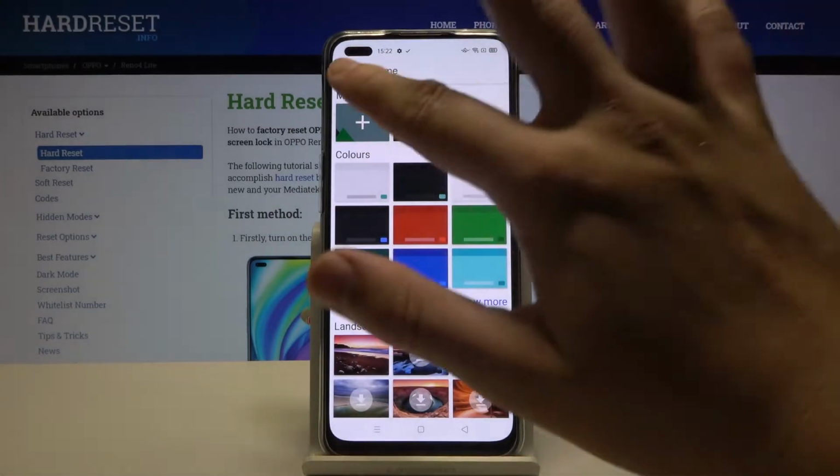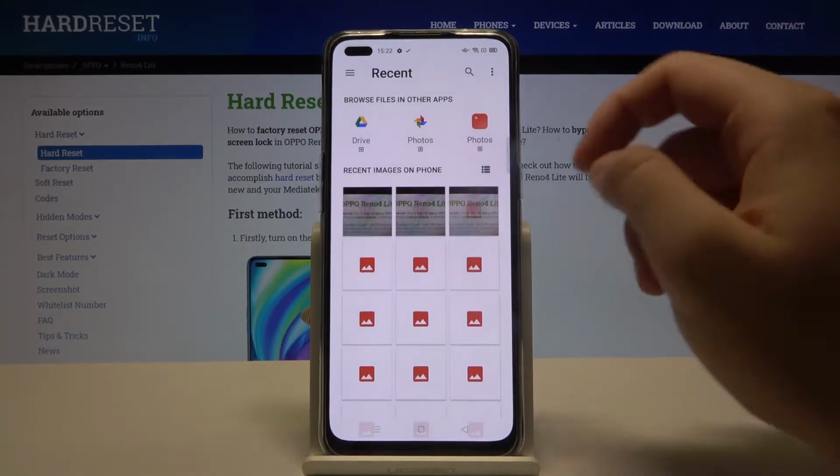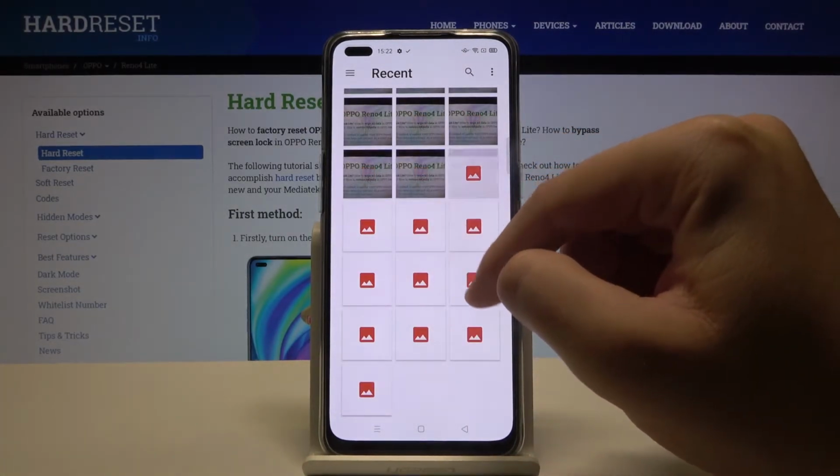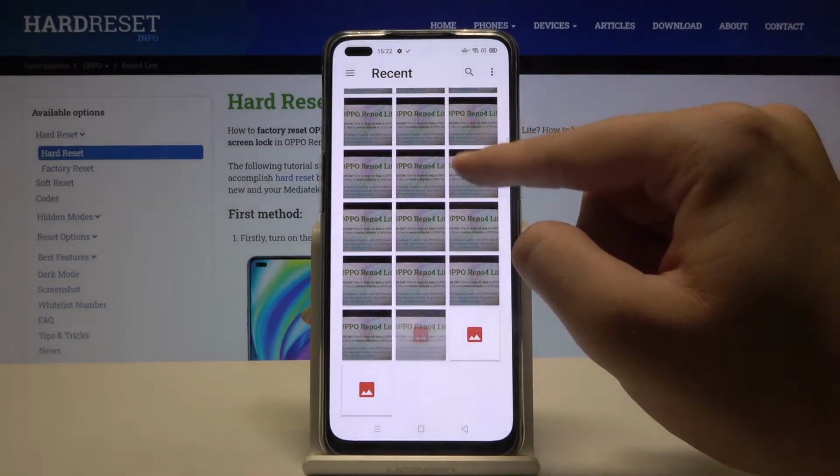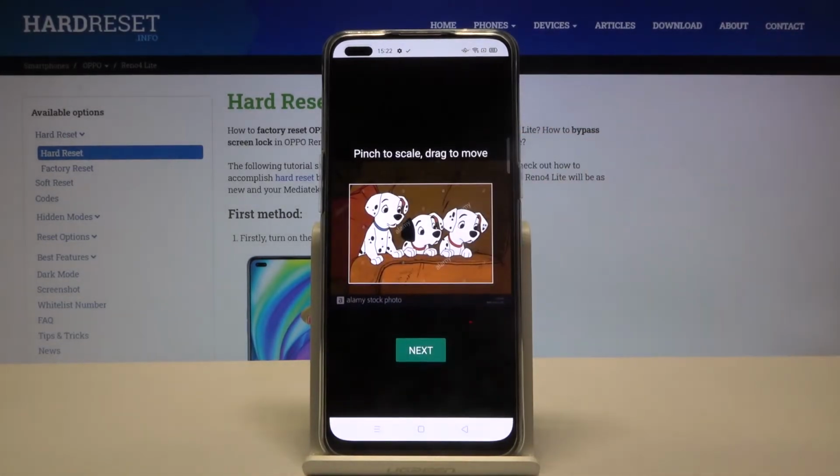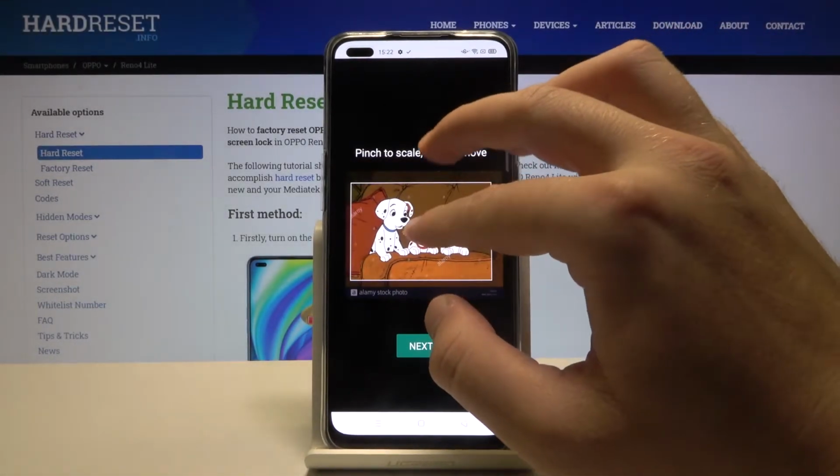Right now we have to click right here and pick up the photo that we want to set up as our keyboard theme. So I will go for this one. Right now we can scale the picture,